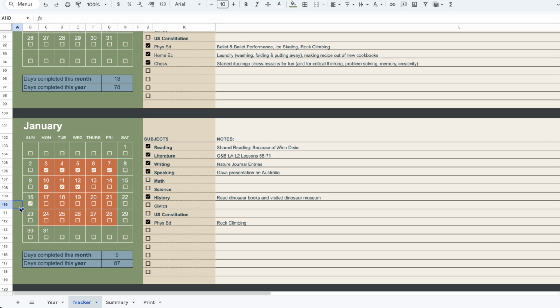Now you can see that there's a discrepancy between my plan, the orange days, and what we actually completed. Because the auto calculation of attendance is based on the checkboxes in these tracker tab calendars and not on any of the orange or plan days, my attendance log currently is accurate. So for the sake of accurate logging of our school days, I could just leave it like this, but personally,